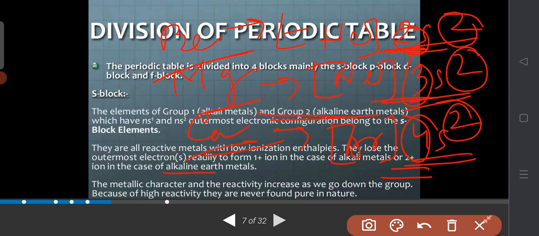Okay, so they will have the tendency to remove the 2 electrons from their valence shell, and they will get the nearest noble gas configuration. So of course they will have metallic character like the alkali metals, but they are called the alkaline earth metals. They cannot form strong bases with the addition of water.